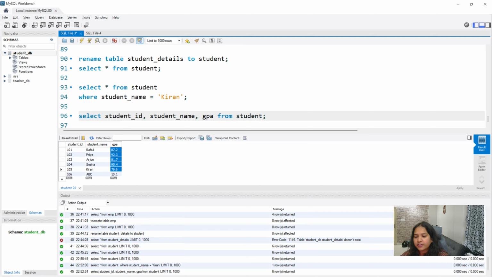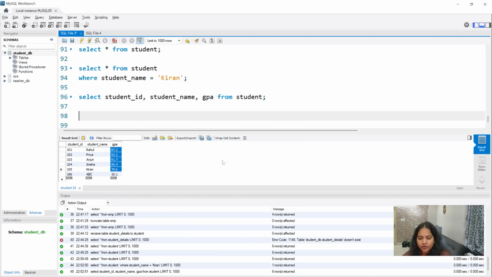Now, if I want to combine both of these, I want the student ID, student name and GPA only for Kiran. In that case, just write select student underscore ID, student underscore name, GPA from student.